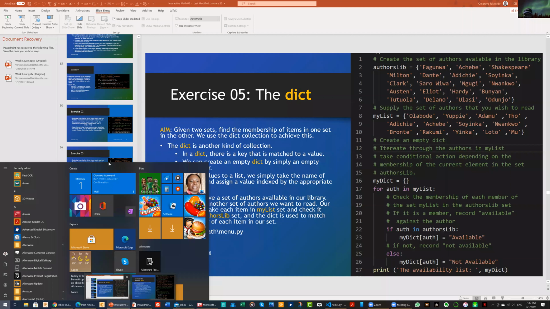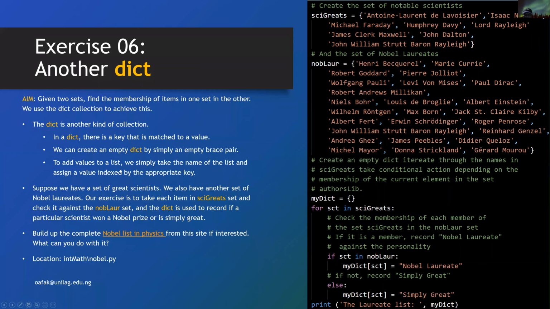To add values to a dict, we simply take the name of that dict and assign a value indexed at the appropriate key. So when you want to add something, you take the name of the dict and index it with the appropriate key. So in this case, we have said that it is scientists we create here that we're going to use to index, and then we attribute a value to it. So if you do that,